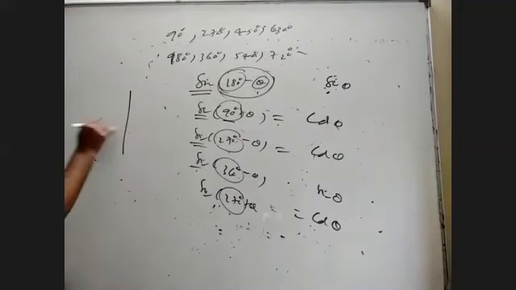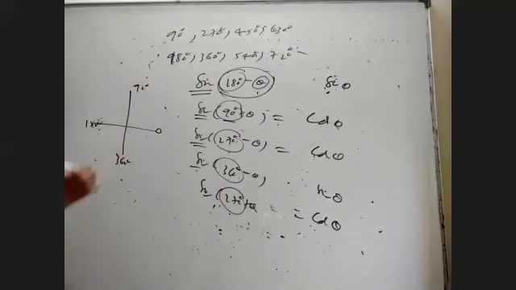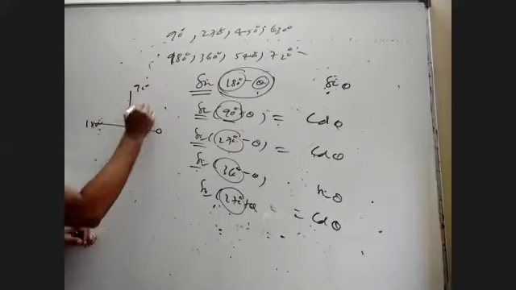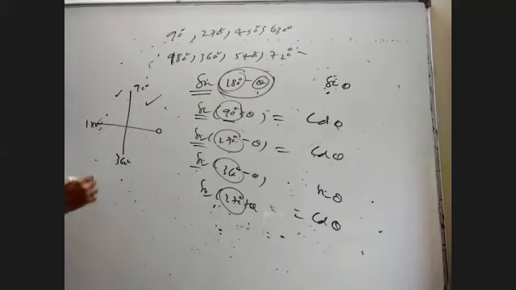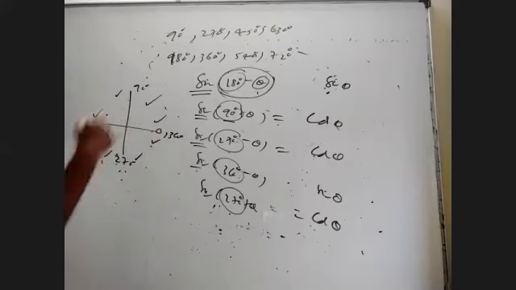We all know this is 0 degrees, this is 90, this is 180, this is 360. 90 minus theta means a little less than 90, you are in the first quadrant. 90 plus theta means a little more than 90, you are in the second quadrant. 180 minus theta means you are in the second quadrant. 180 plus theta means a little more than 180, you are in the third quadrant. Sorry, 270 minus theta is in the third quadrant, 270 plus theta in the fourth quadrant. 360 minus theta, you're in the fourth quadrant. 360 plus theta, in the first quadrant.